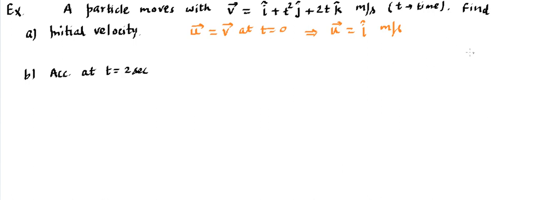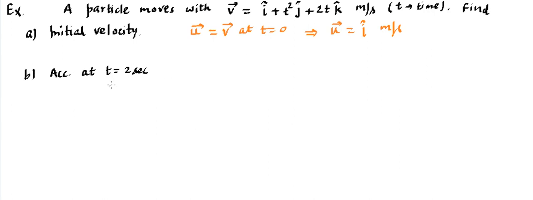In entire kinematics, let me repeat that point quickly. There are three parameters that we focus upon: displacement, velocity, and acceleration. One will be given to us, the rest we need to find out. Just like in the previous example, a was given to us, we needed to find v and the displacement. In this particular example, v is given to us, we need to find displacement as well as the acceleration. So the entire story goes like this: out of these three, one will be known to us, the rest of the two we should be able to find out, and that's what we are practicing.